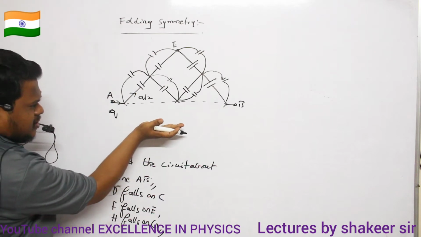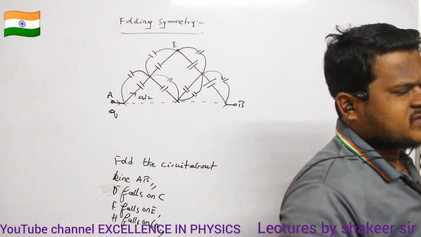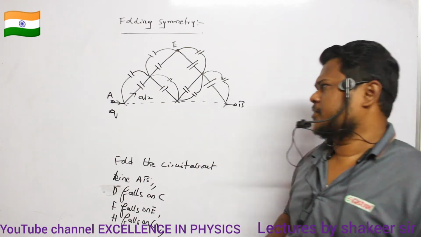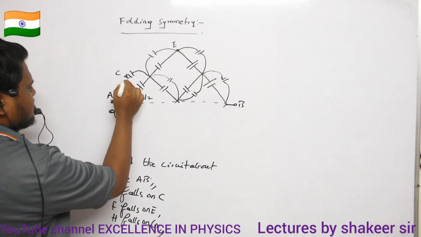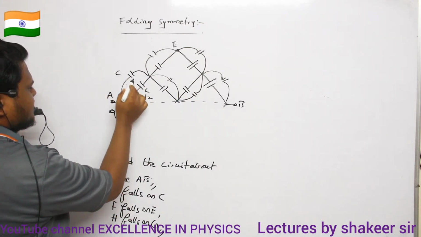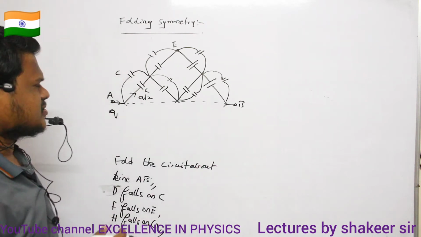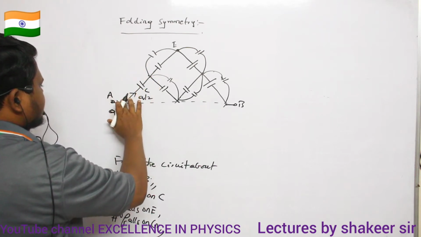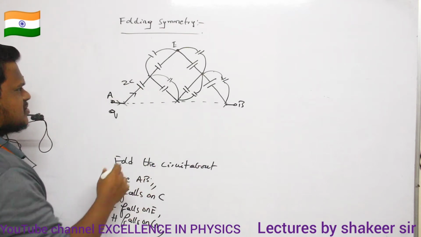If I hold the total bottom circuit and place it on the above circuit, then each pair of capacitors will become a parallel connection. So therefore, this is how I can draw the diagram. Clear, ma? So all capacitors are C only, no? So this is also C, this is also C. If two capacitors are connected in parallel, I have to add C plus C, no? C plus C is how much? 2C. So I can remove this capacitor, and instead of C, I will call this one 2C.